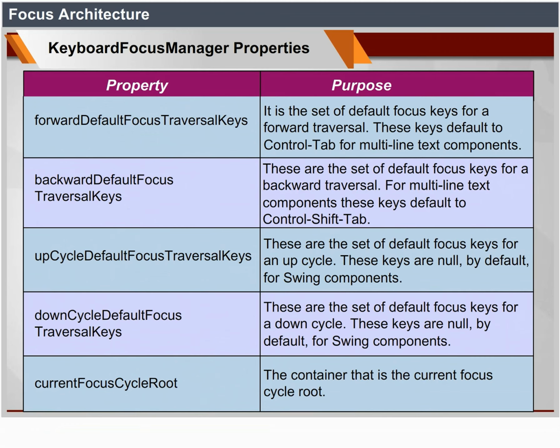Upcycle default focus traversal keys: these are the set of default focus keys for an upcycle. These keys are null by default for swing components. Downcycle default focus traversal keys: these are the set of default focus keys for a down cycle. These keys are null by default for swing components. Current focus cycle root: the container that is the current focus